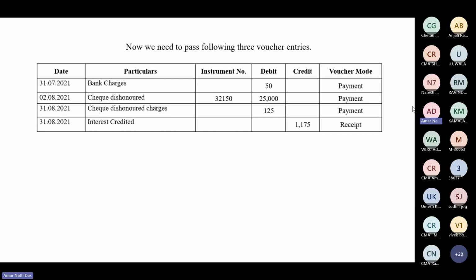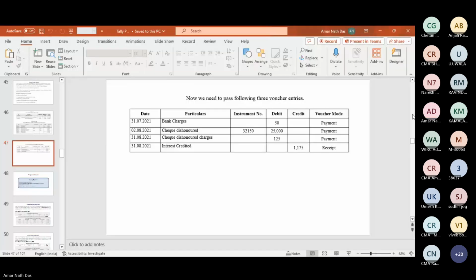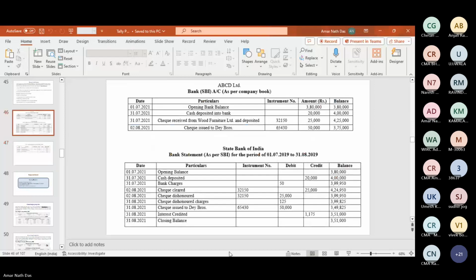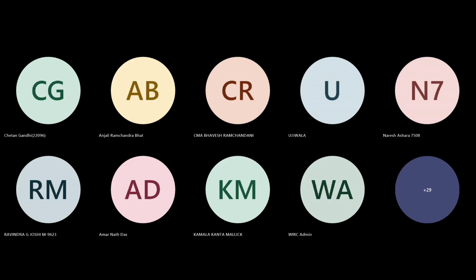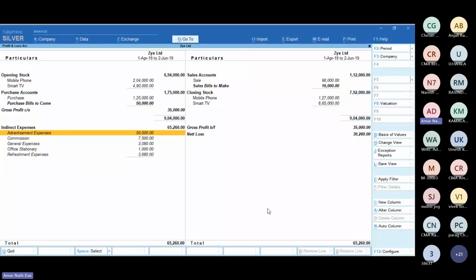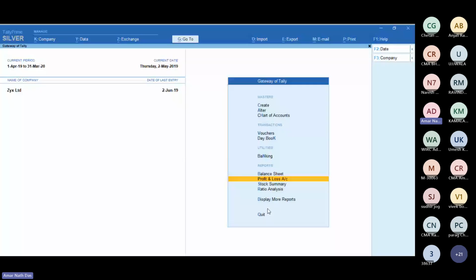So I just stop the screen and open my Tally. I repeat again, if you find any problem, as I just deliver in a fast way, definitely you stop me. Okay. So now it would be better to show you